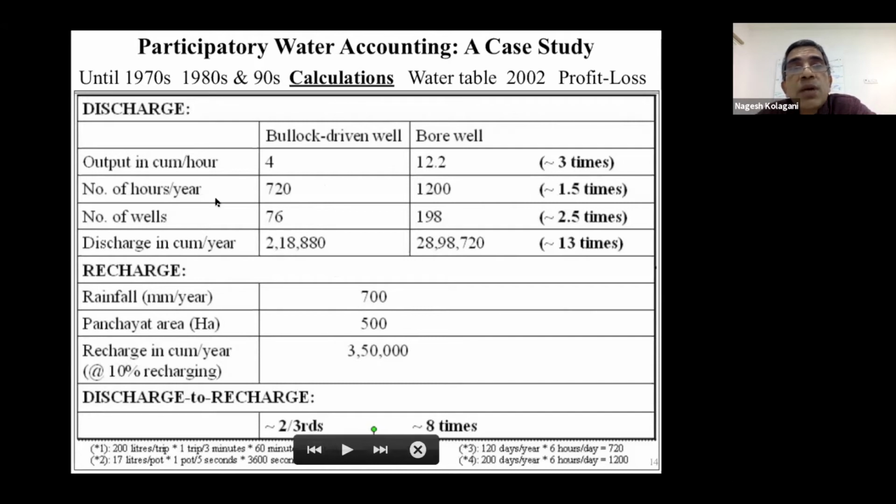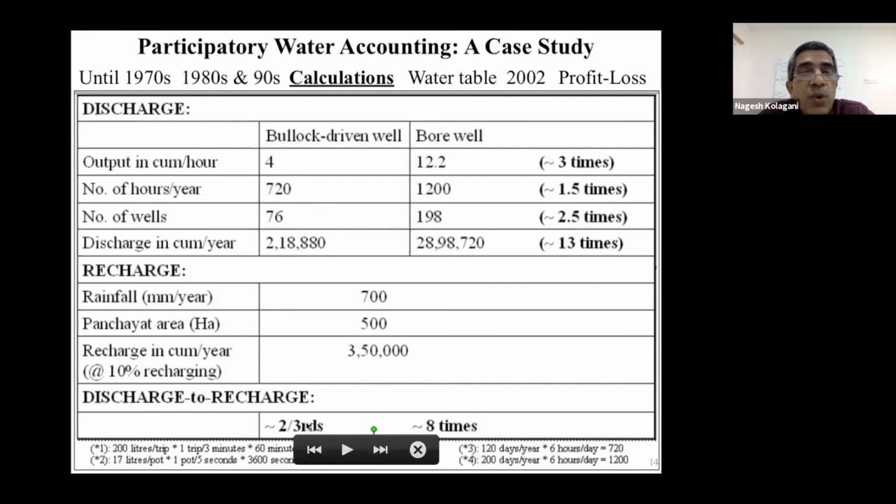So unless you control discharge, there is no point going on increasing recharge, and you cannot really go beyond too much because finally it is the rain that decides how much water you get, and no water is leaving this village. So whatever new structure you put, you are only distributing water within the village. You are not stopping anything from going outside because nothing was going out since 2001.